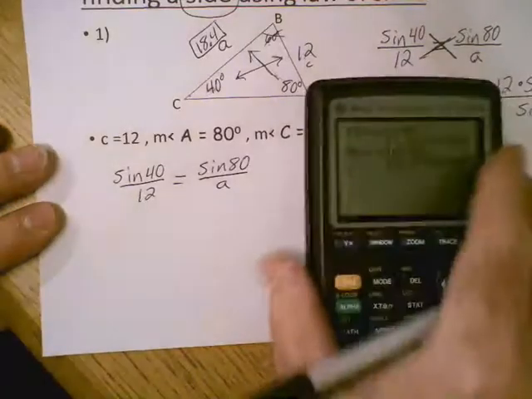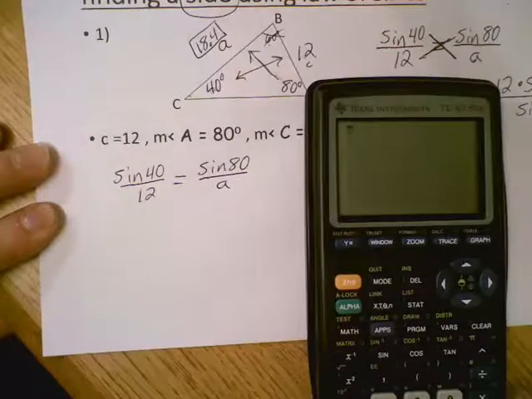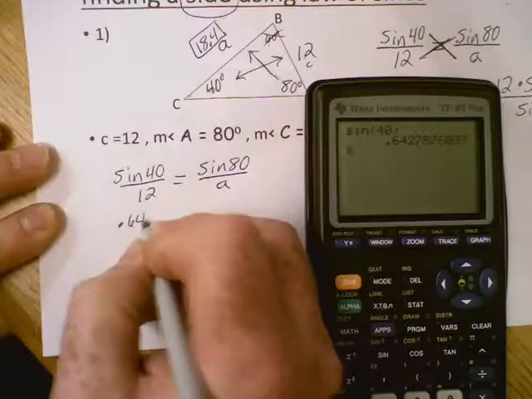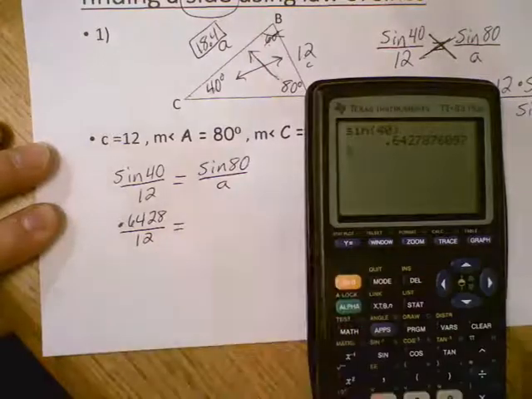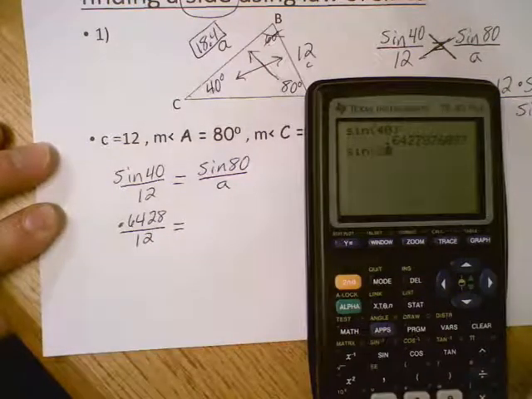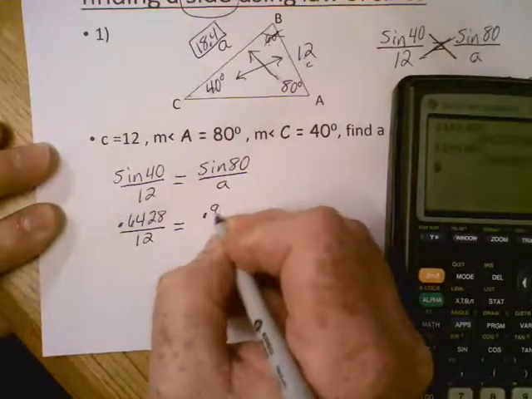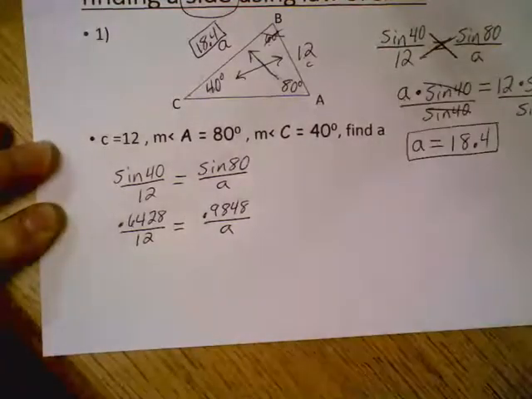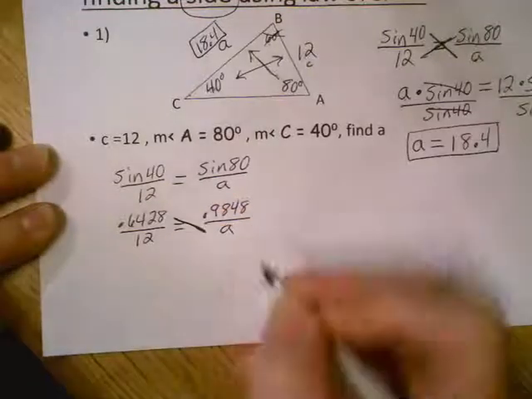And then what I do is I grab my calculator and I get rid of that sine of 40. So I punch in sine 40 and it gives me 0.6428. That's over 12 equals, then I do sine 80, and that's 0.9848, and that's over little a. So now I don't have the words in there anymore, and now I cross multiply. When I cross multiply this way, I get